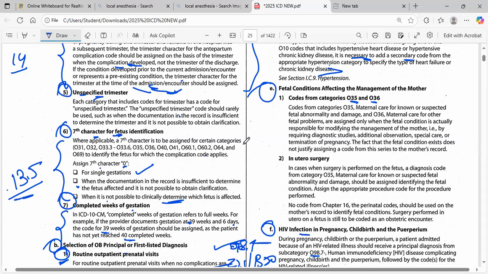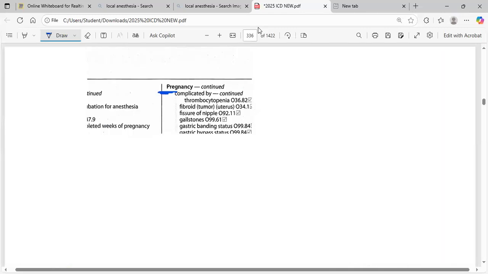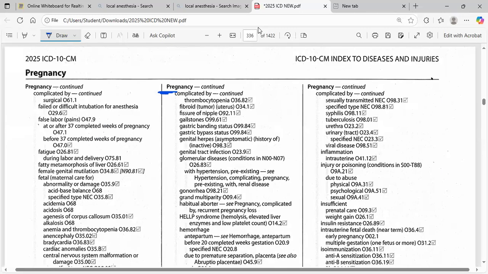Now let's do this question together. Patient is coming for the spotting. Very good, you both sent the correct answer. So patient is coming with the spotting, so we have to refer to pregnancy because this condition is in the pregnancy. Under the pregnancy, we will look for the fetal because it's a fetus condition. Under the fetal,